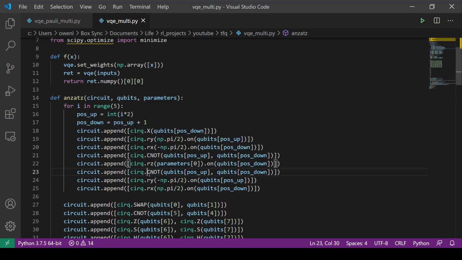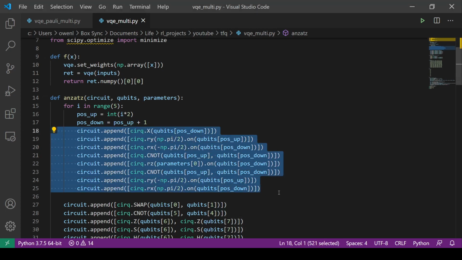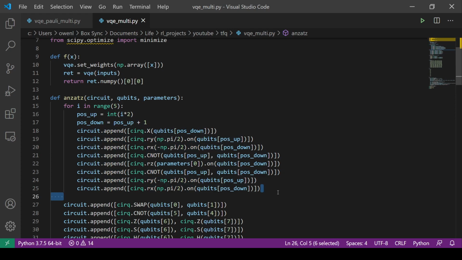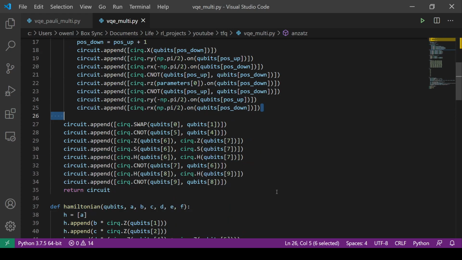The RZ gate, then we do another C0 gate, then we do RY and RX. And so this is the circuit as described in the paper. And now we have to do all of these unitary transforms to be able to measure them. And so the first one that we have is